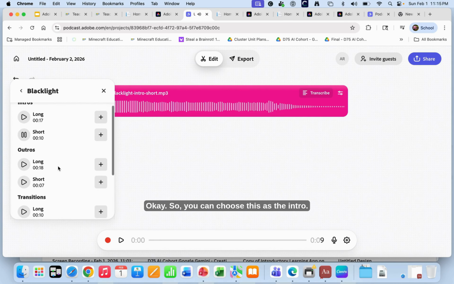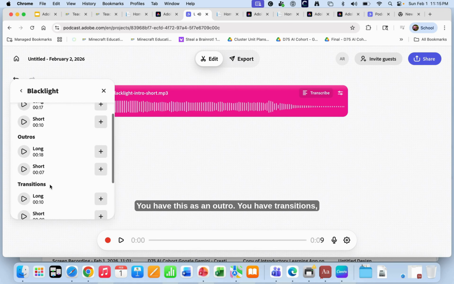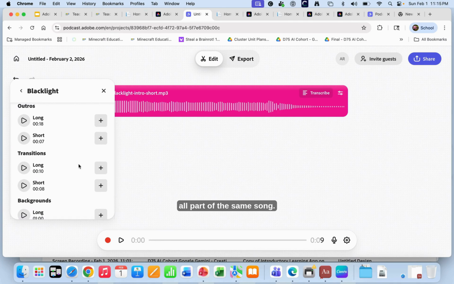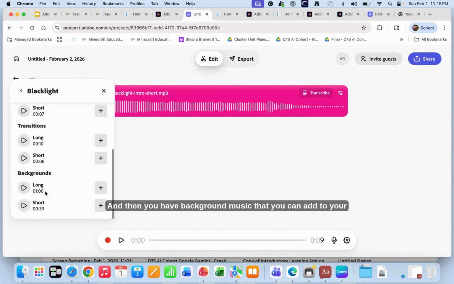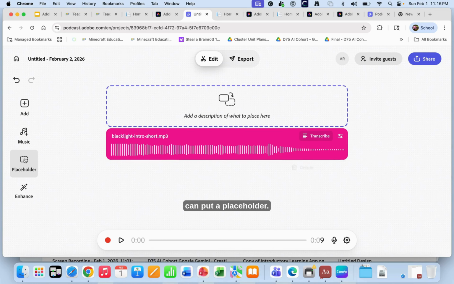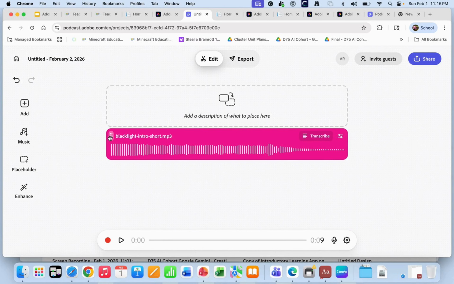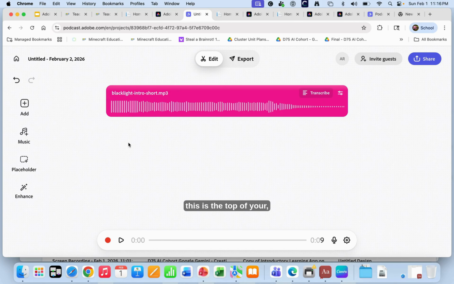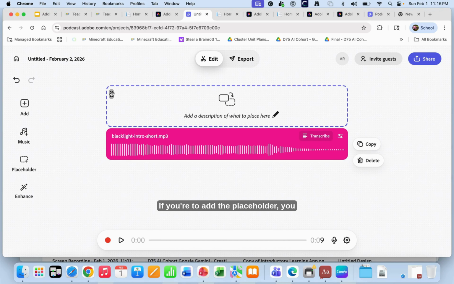Okay, so you can choose this as the intro, you have this as an outro, you have transitions, all part of the same song, and then you have background music that you can add to your podcasts, all right? So this is my intro, 10 seconds. Now, you can put a placeholder. Here is how you move around these pieces. Since you're saying this is the top of where you want your music to be, if you're going to add the placeholder,